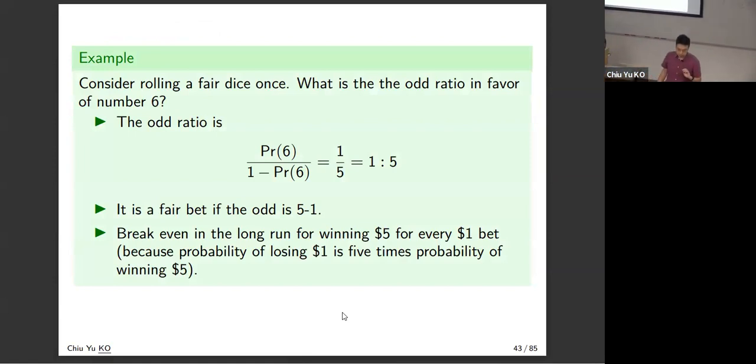And what's the odds ratio? It's 1 to 5, right? Because 1 time you win and 5 times you lose, right? And a fair bet means whenever you win, you win $5, and when you lose, you lose $1. And if you keep doing this, you can't win any money, you can't lose any money. That's called fair odds, a fair bet. Okay, don't worry, we'll cover this again on Friday, but I just wanted to give you some idea what we're doing. Okay, see you on Friday.